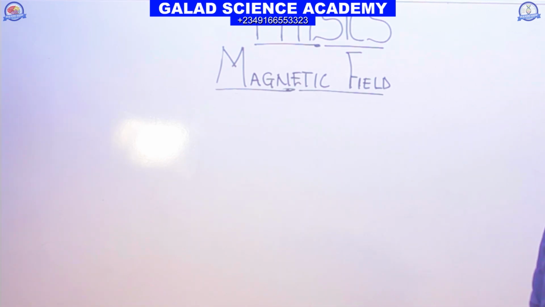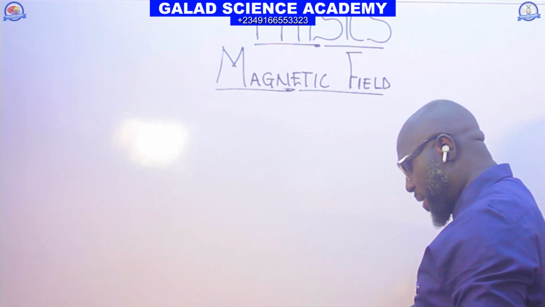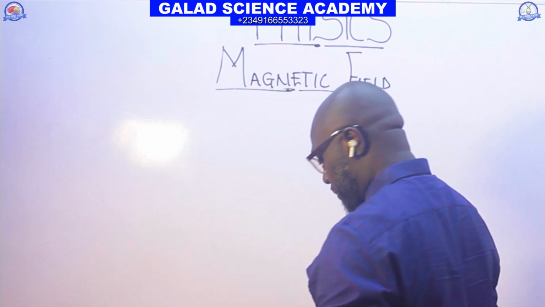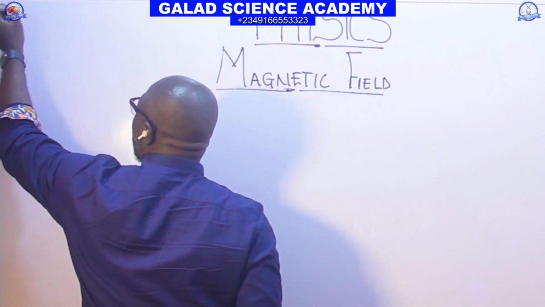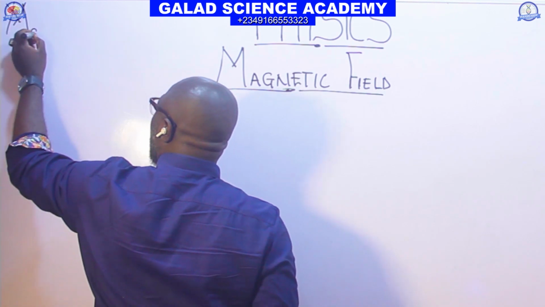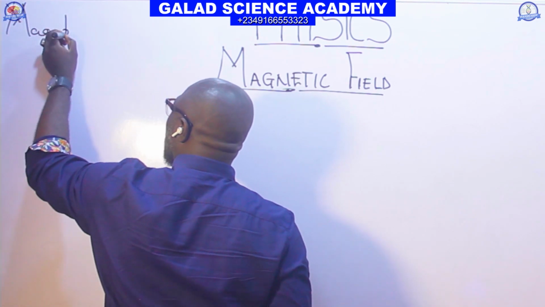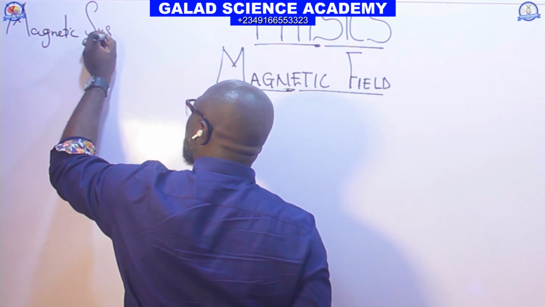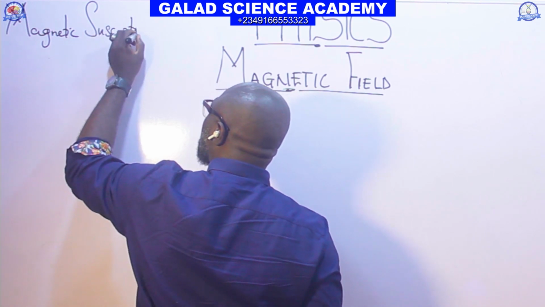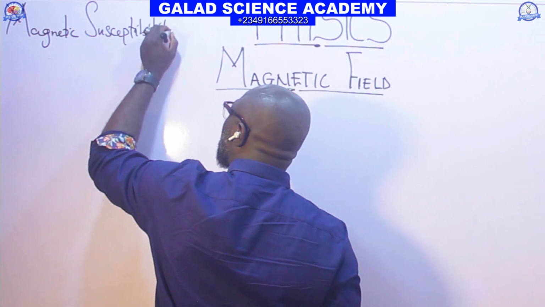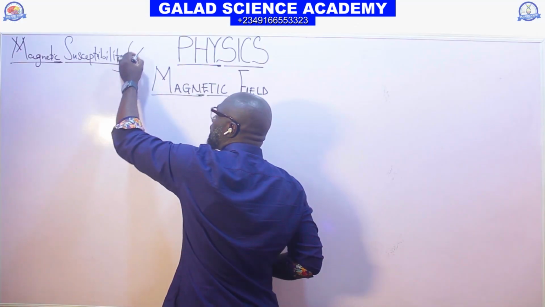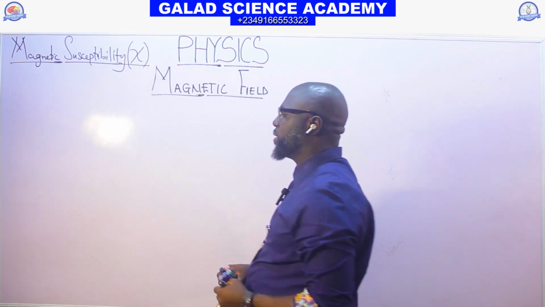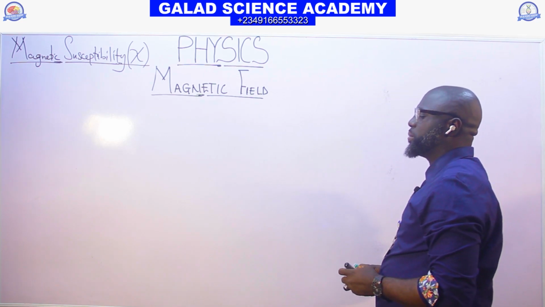So the next aspect of magnetic field is magnetic susceptibility. Magnetic what? Susceptibility. So this susceptibility,